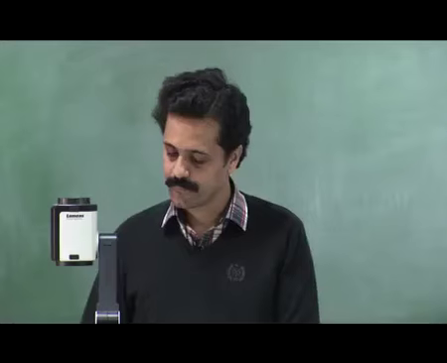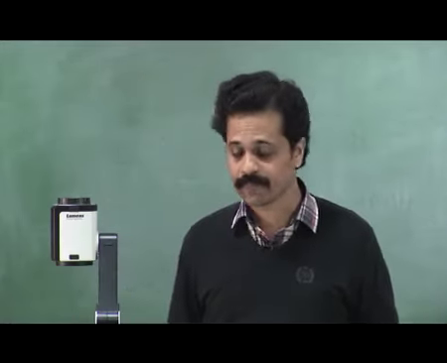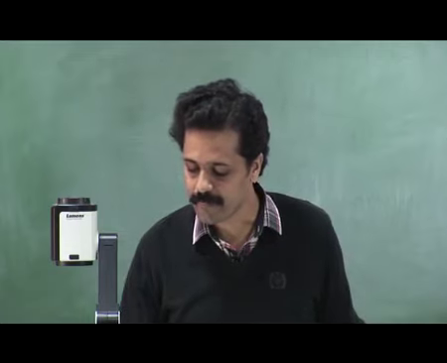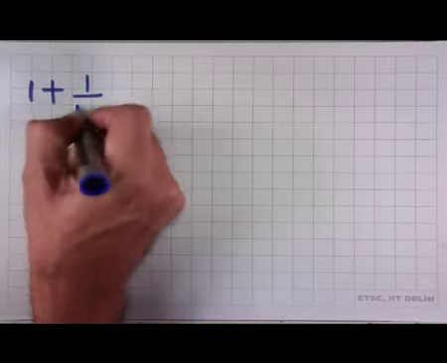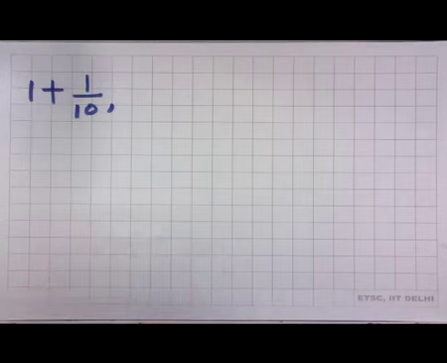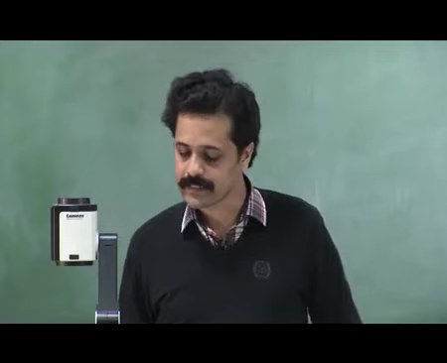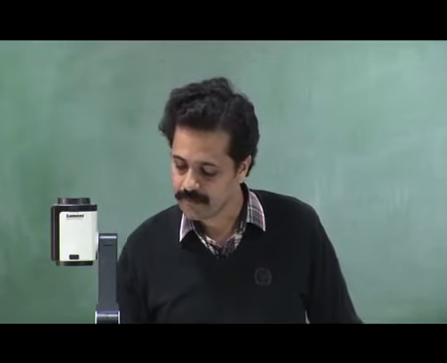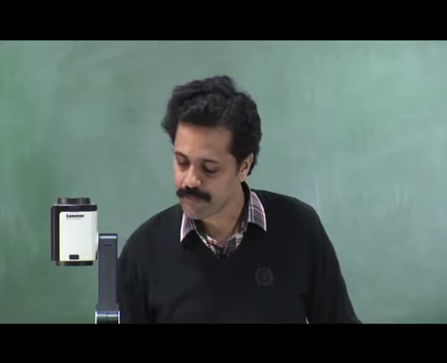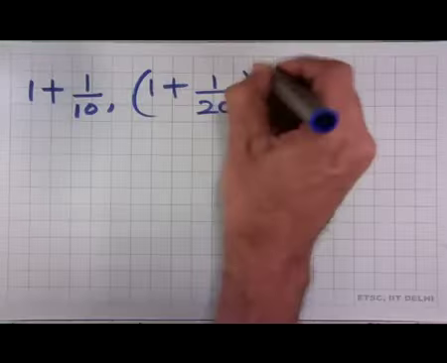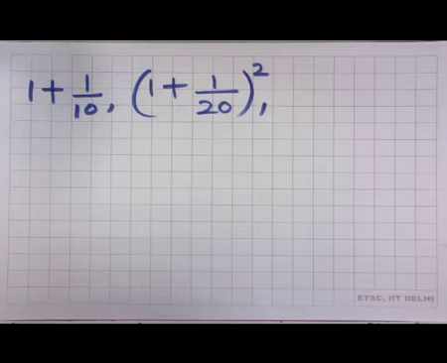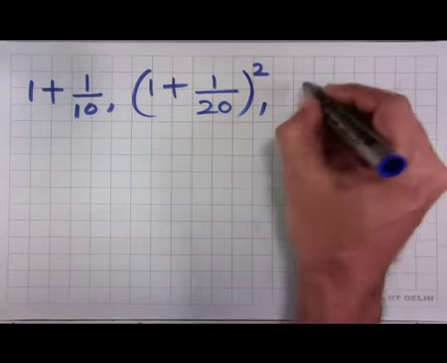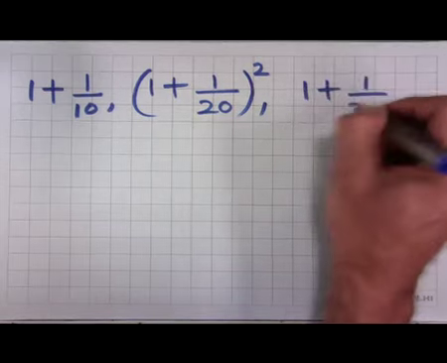Now, if we list the amount we obtain if the bank calculates simple interest, it will be 1 plus 1 by 10. Amount obtained if the bank compounds interest half yearly will be 1 plus 1 by 20 the whole square. The amount that the depositor gets if the bank calculates compound interest compounded thrice a year will be 1 plus 1 by 30 the whole cube,